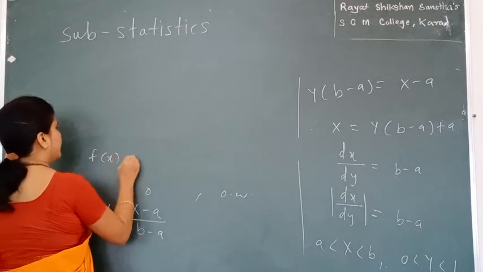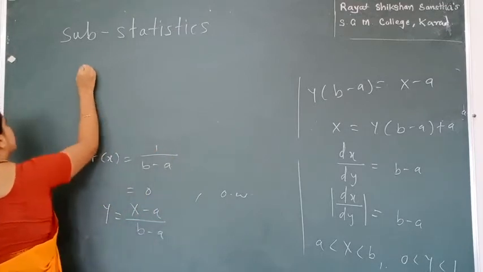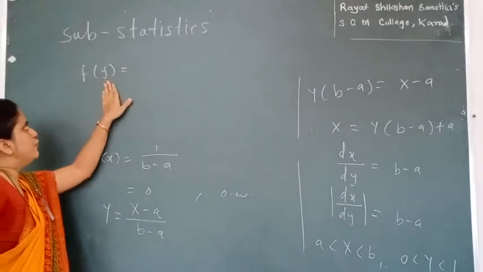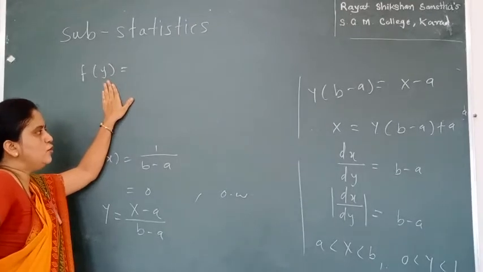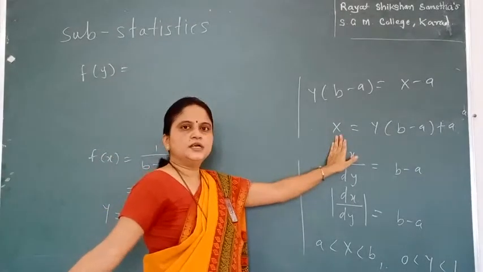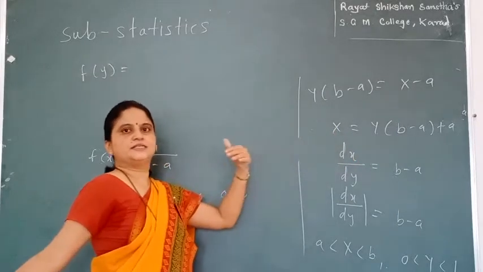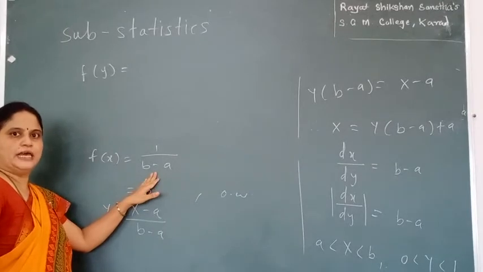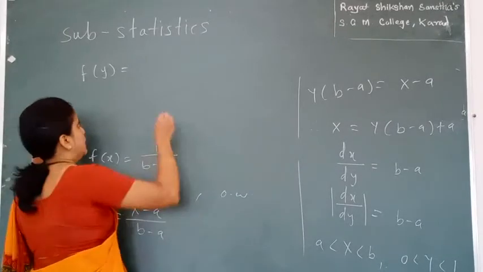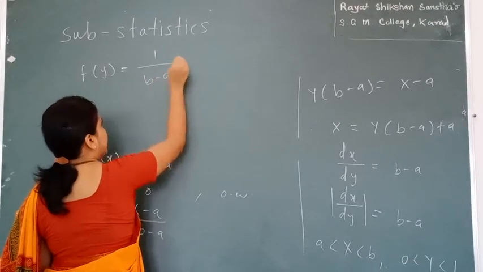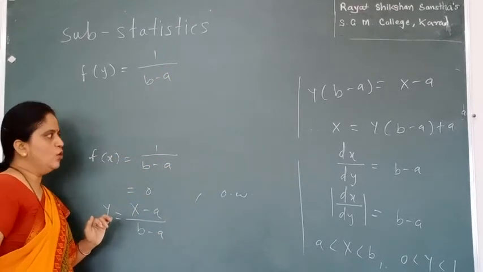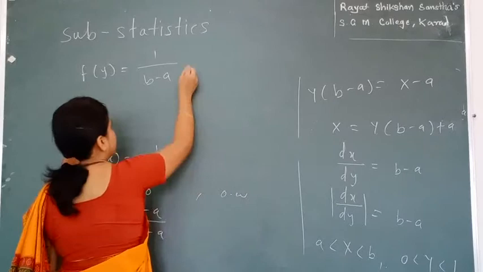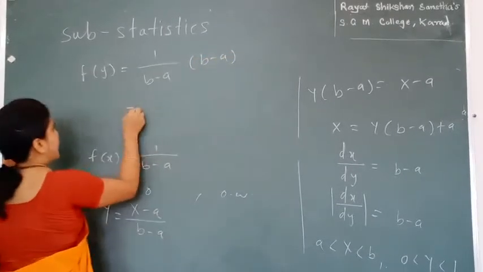Now the next step is I need to find f of y. To find the PDF of y, we have to put the value of x which we found over here into our f(x), that is the given term. But in f(x) you see that there is no random variable or no x present. Hence it comes as it is, that is 1 divided by (b minus a) into the modulus of dx by dy. Over here the modulus of dx by dy comes as b minus a. We can put this value b minus a, and we get the answer as 1.